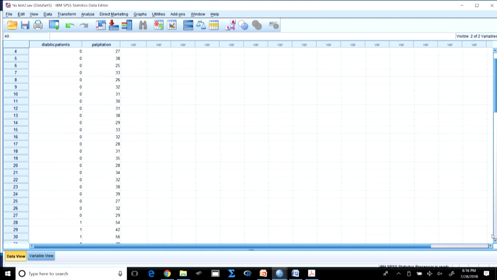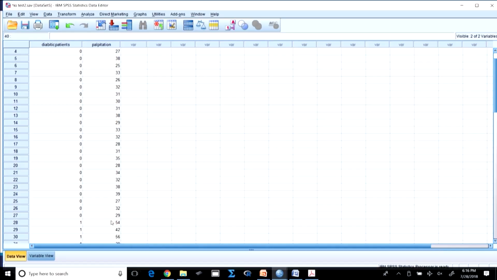The doctors feel that because of the presence of diabetes, the palpitation, the heartbeat, will change, will be more if it is higher diabetic. So, what we have done is we have taken the palpitation levels, right. Now we want to check whether this is following a normal distribution or not, right. So, the KS test helps you in checking normality.